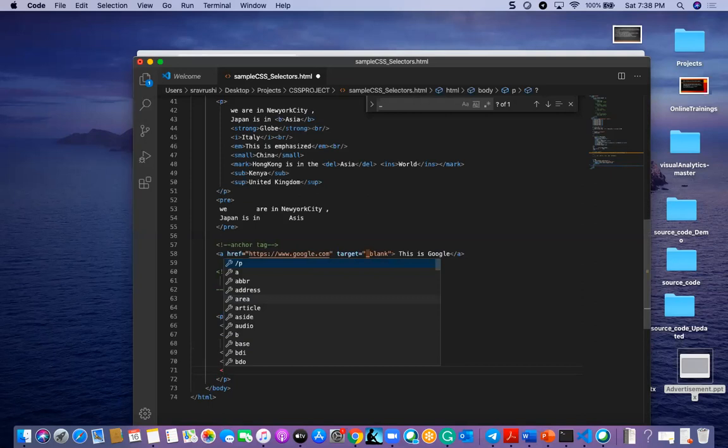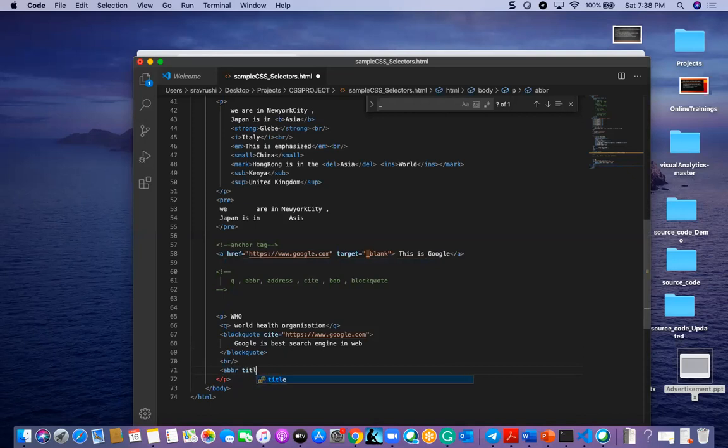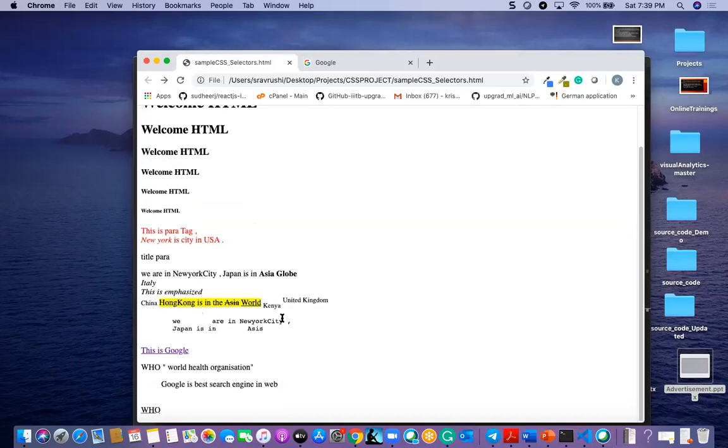I'm going to give the ABBR tag, and I'm going to give it a title, and here I am giving some world organization. It's like WHO. Okay. So now you can find one World Health Organization as a particular abbreviation, right?